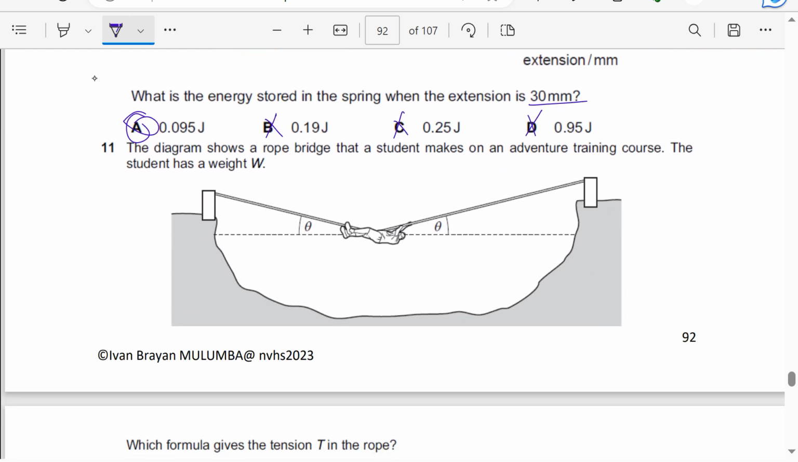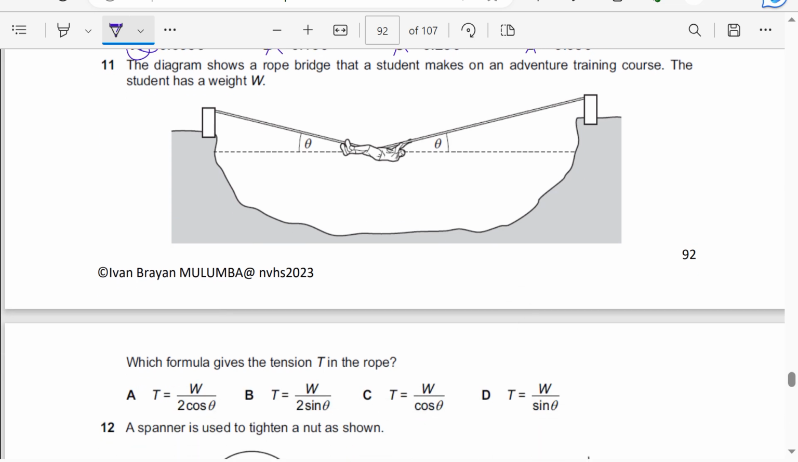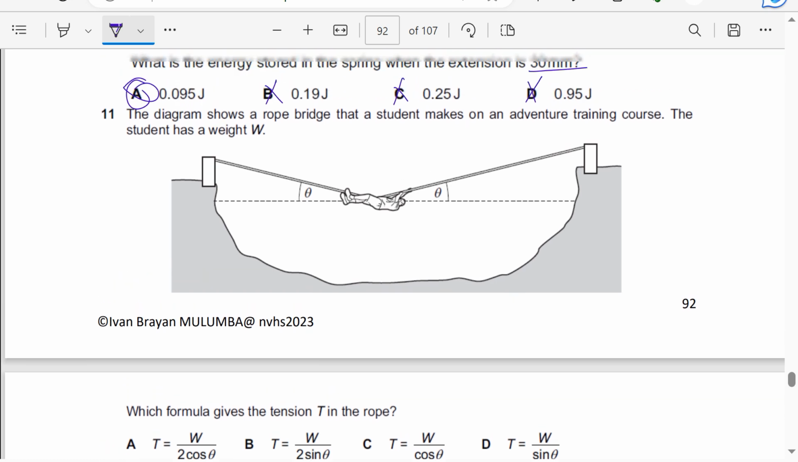The diagram shows a rope bridge that a student makes on an adventure training course. The student has a weight W. Which formula gives the tension T in the rope? So let's just do a vertical line for the weight of the student. This is W. And there's tension here, there's tension here. We are going to resolve the tensions vertically upwards. Taking T vertically upwards will be T sine theta, and this side it will also be T sine theta. So these two should add up to give us